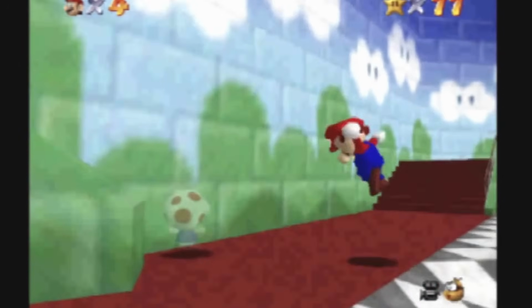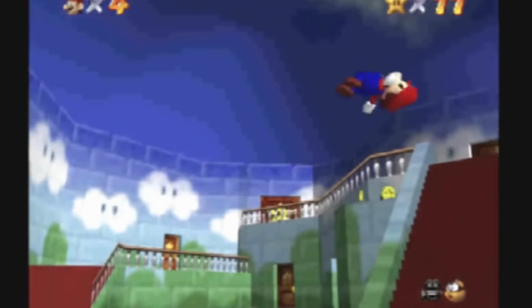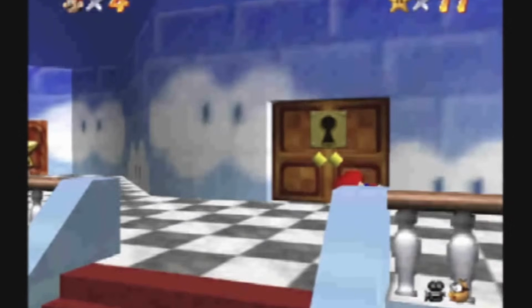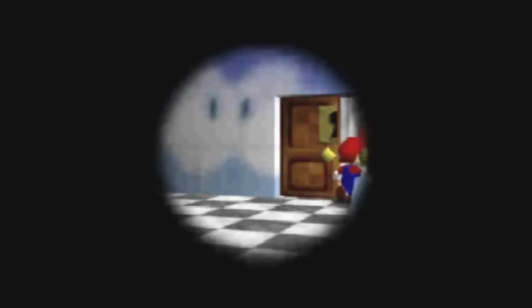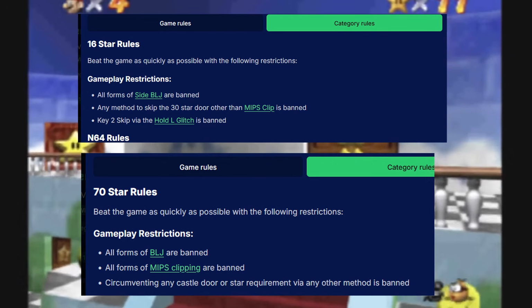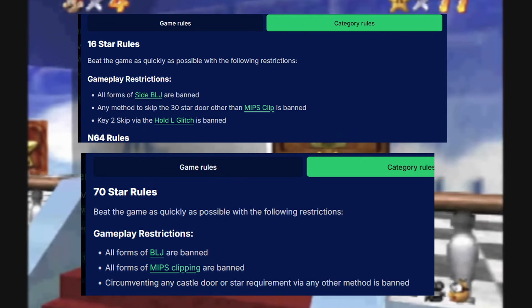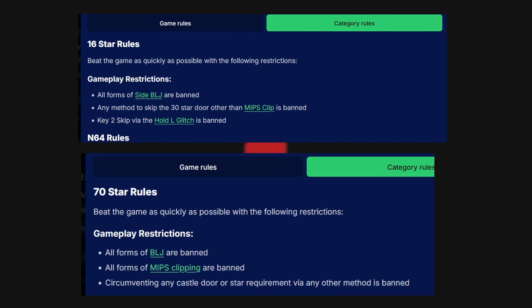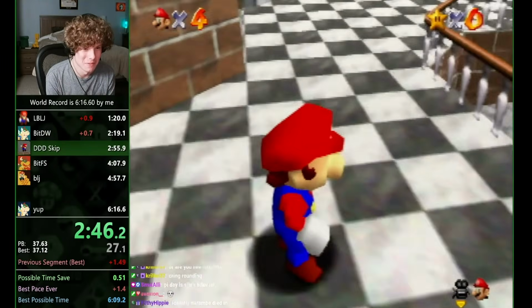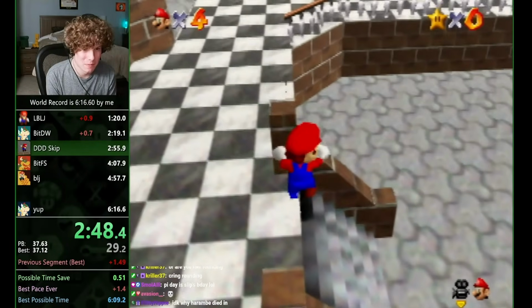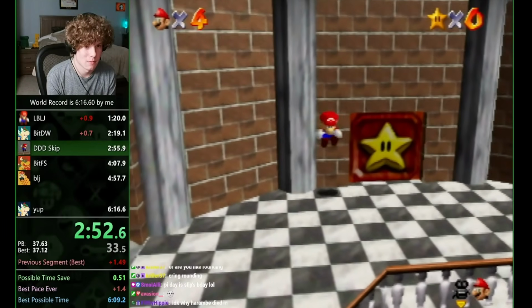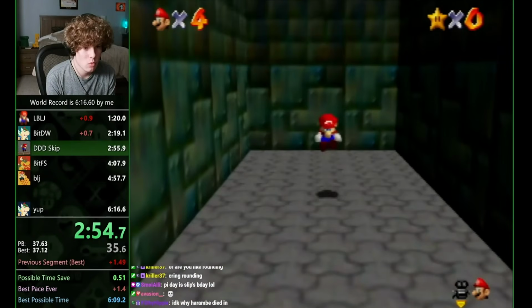Secondly, this glitch was clearly using an unintended leftover debug function and left a sour taste in people's mouths, since making use of this function just makes it feel like you're not even playing Super Mario 64 at that point. Unlike in Ocarina of Time, the community for SM64 decided swiftly and immediately to ban the glitch in order to maintain the integrity of the leaderboards. And to be fair, the way that Zero Star is currently run is, I would say, a lot more fun and a lot more interesting than simply using a developer debug function and 2 BLJs to skip to the final boss immediately.